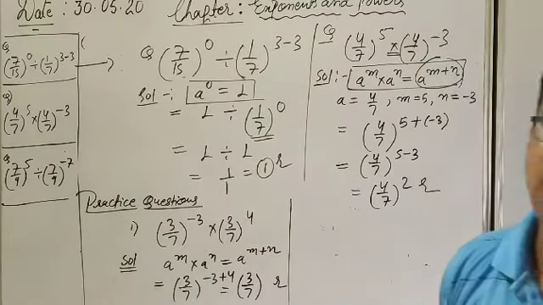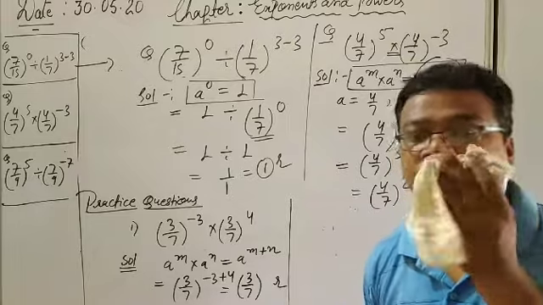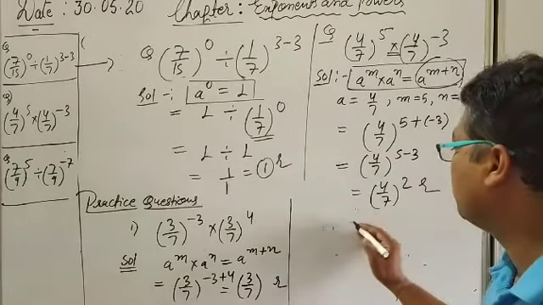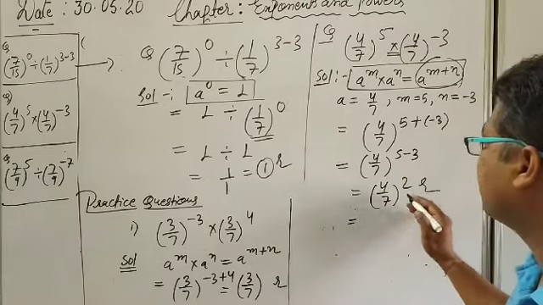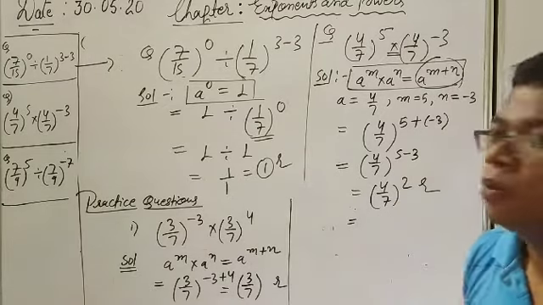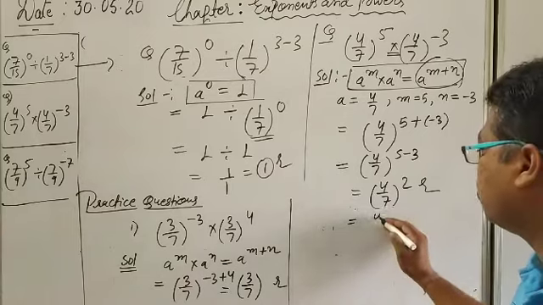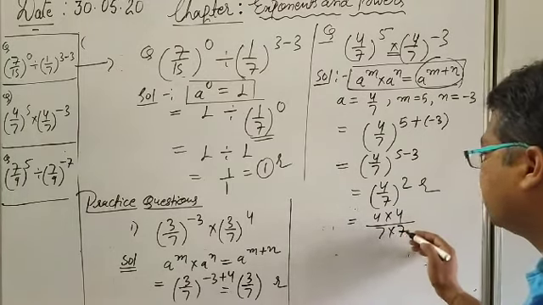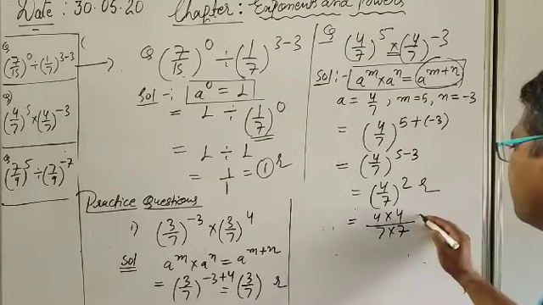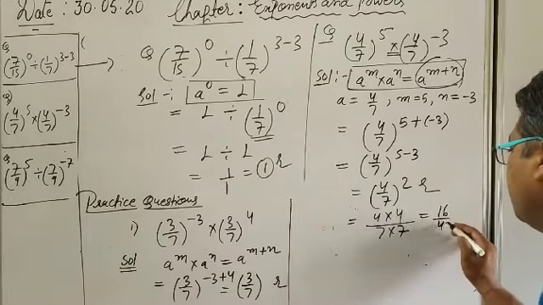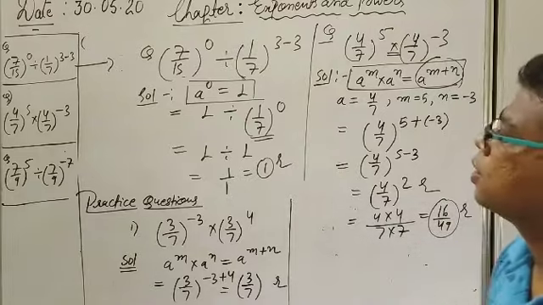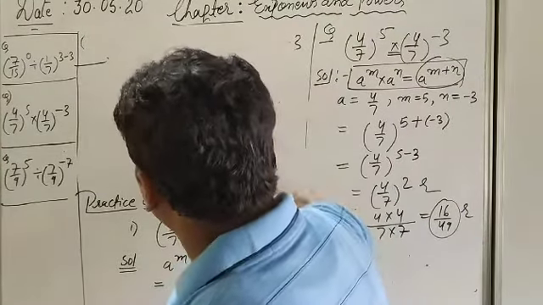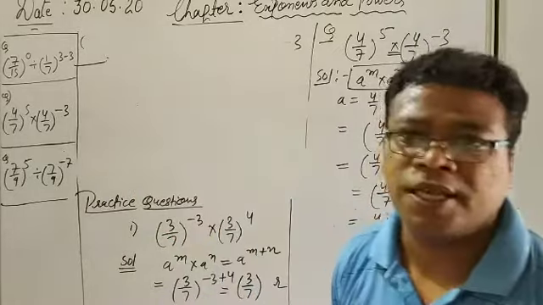Sometimes the question is asked to simplify. If the question is asking about the simplify, so I have to solve in the full form. This is the answer coming in the exponential form. If it is asked to solve completely, so what will be my answer? 4 into 4, 2 times. In the denominator 7 into 7, 2 times. So my answer will come 16 upon 49. This was the case. Okay, one more problem I am solving. After that I will end my session here and we will solve so many practice exercises next time.